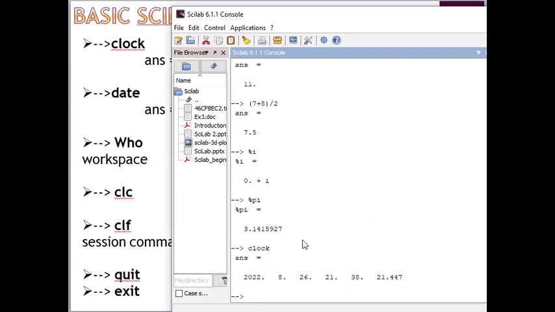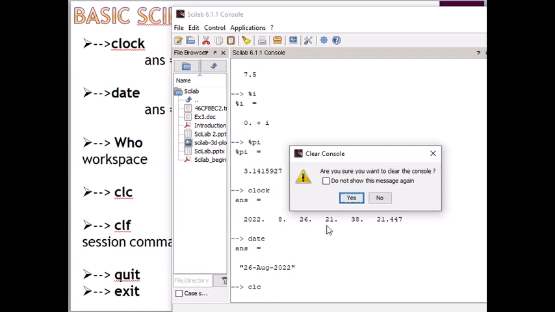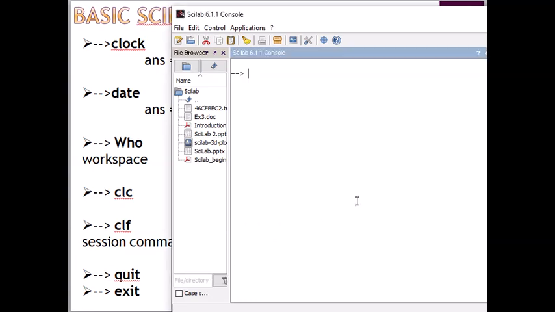And if we write date, the exact date will come, like 26 August 2022. And if we write clc, then our command window will be cleared. So clc is the command to clear our working space.